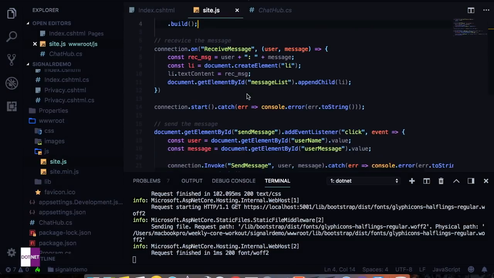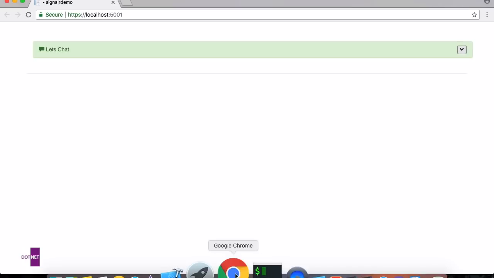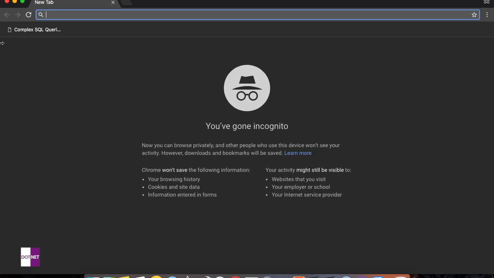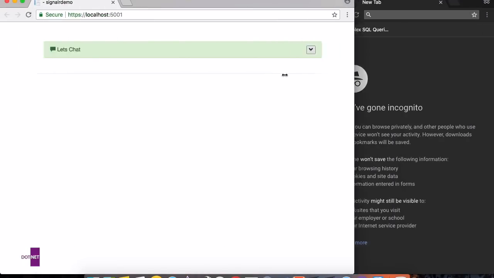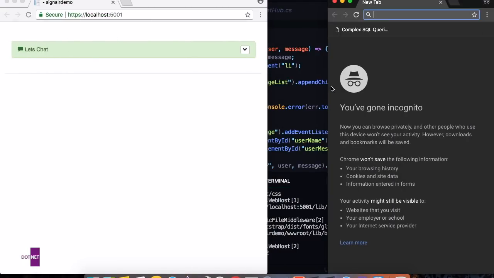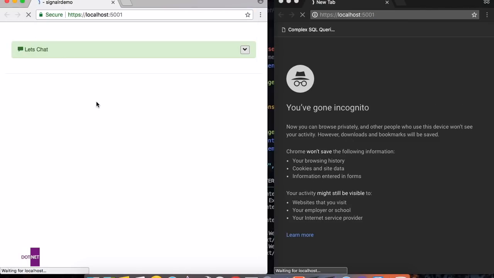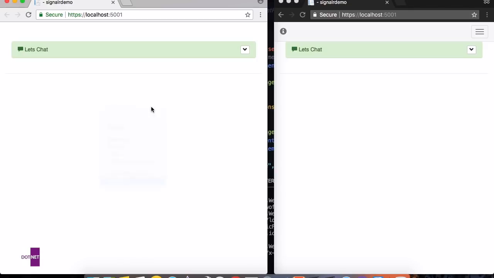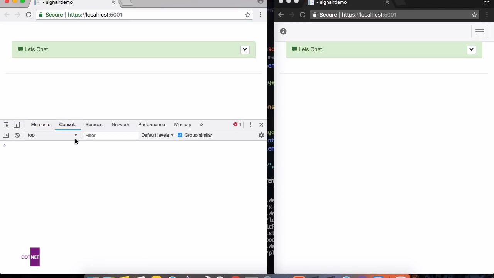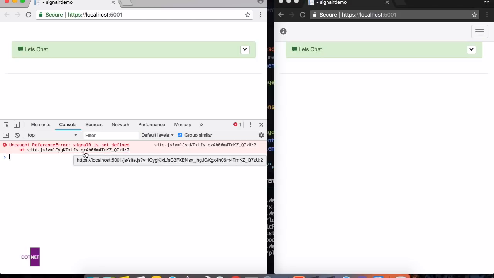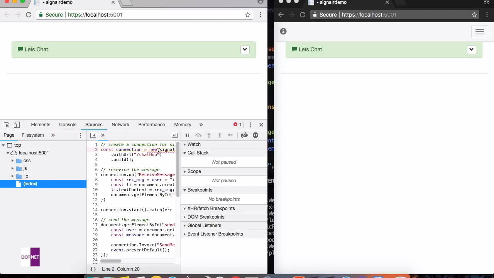And the last, to see the output, what I'm going to do is create a couple of windows, just like this. So copy this one, and reload this. If you want to see the inspect element, you can see signalR is not defined. Okay, let's see what's happening. We didn't